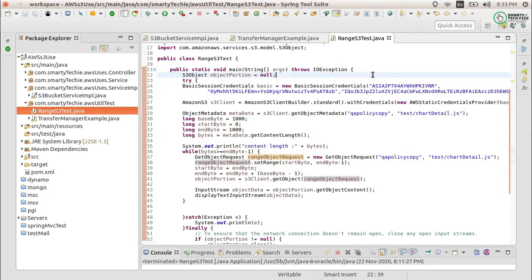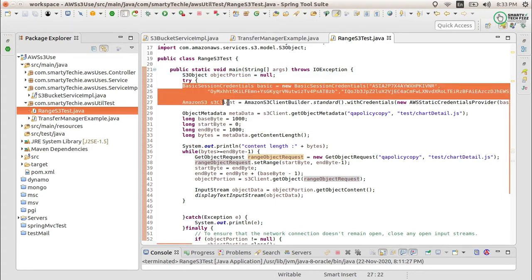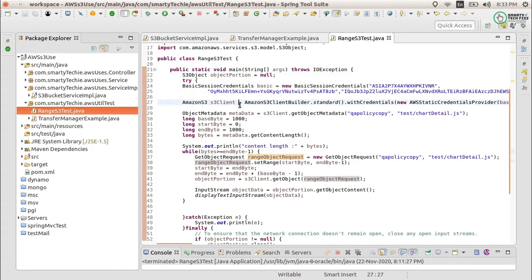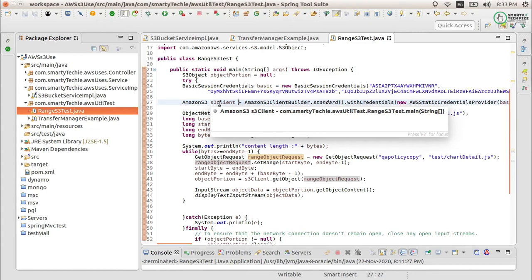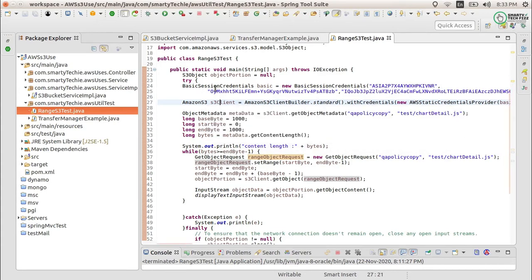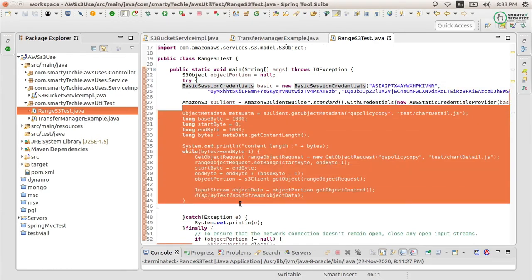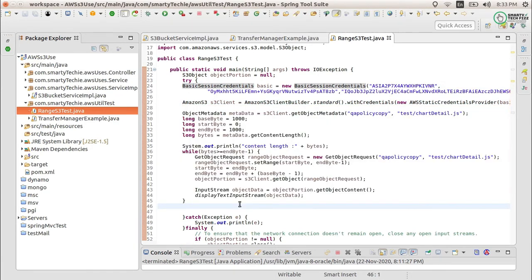So that I will show you what we are going to use, and what I can explain to you clearly. What I'm going to do here is just skip this, because we are creating the S3 clients. If you are amazed at how I am creating a client, there are different ways to create an Amazon S3 client, and I am using the session credential to connect to the S3 client. Now the main thing is here. Just remember, this is the low-level implementation API and the high-level is already done.